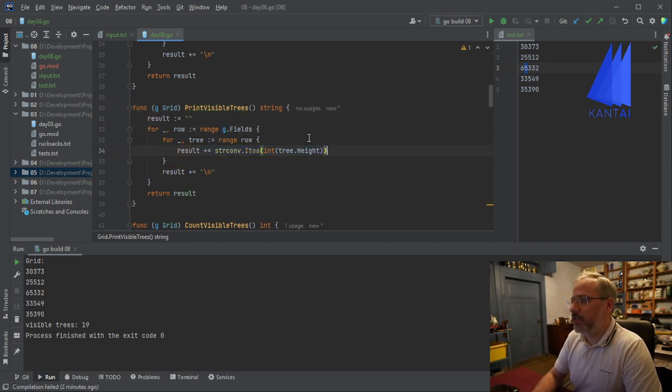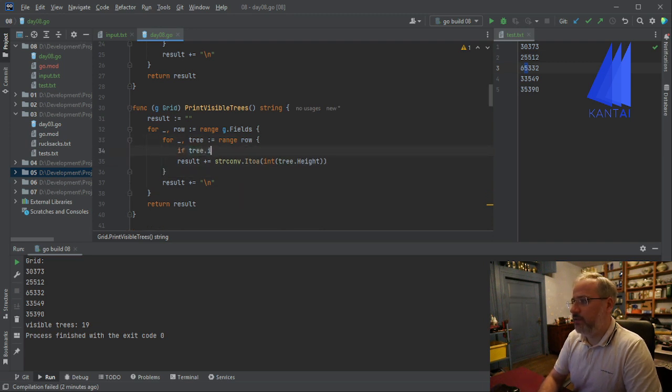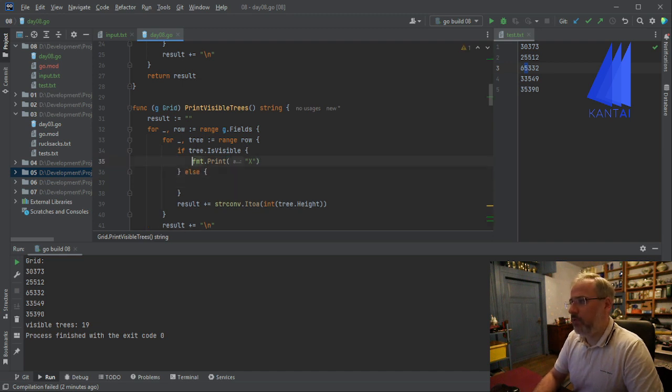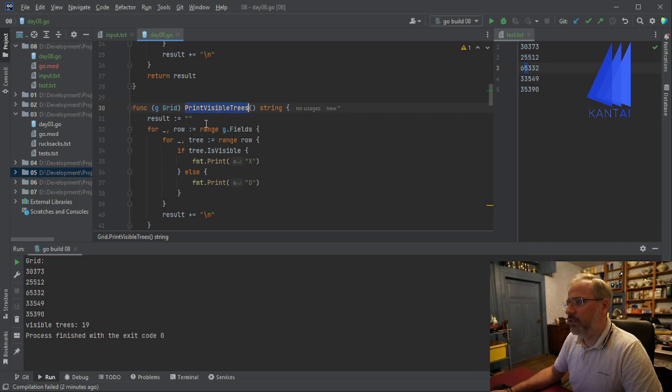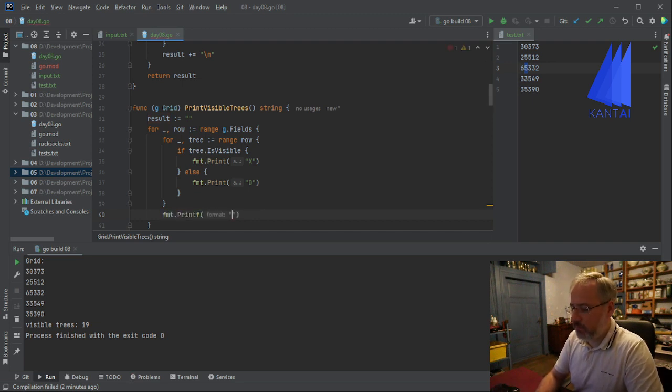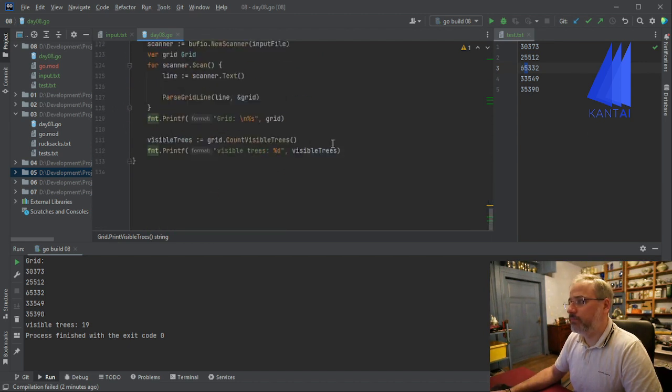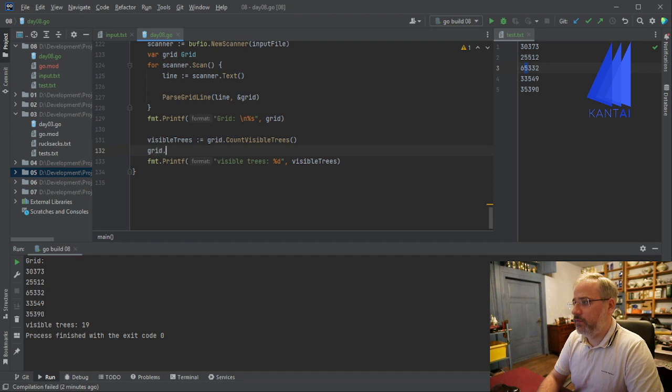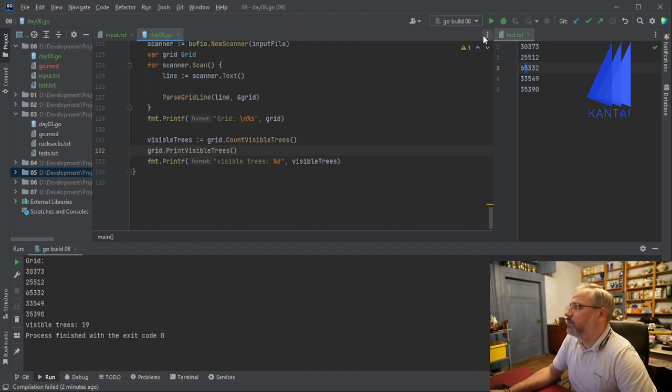And within there we just add, if tree is visible, then we print out an X, and if it's not visible, we print out O. And then compare that to grid.print visible field trees, to what we